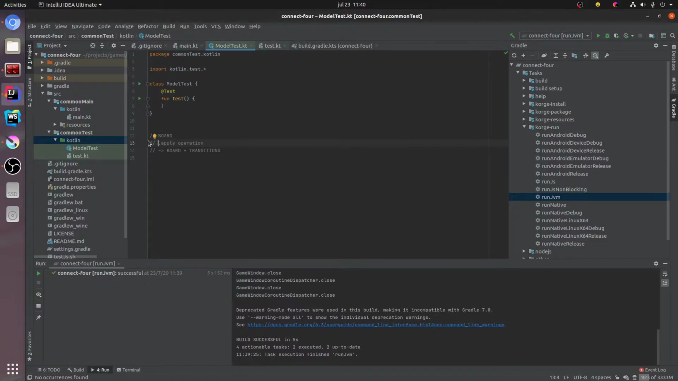So for example, in this case, if I have a board that is empty and I perform the operation of placing or dropping a red chip in the last column, that will result in a new board that is not empty anymore but has a red chip in the bottom right corner of the board,